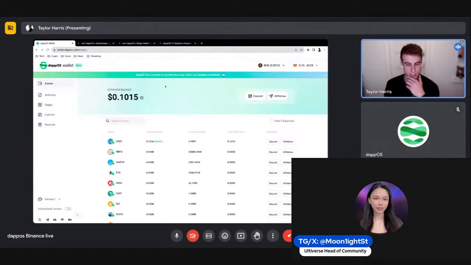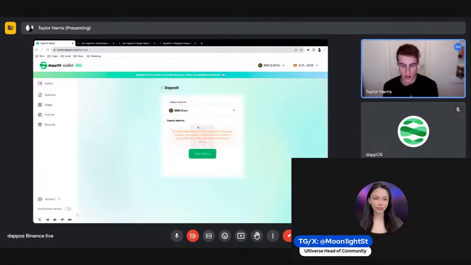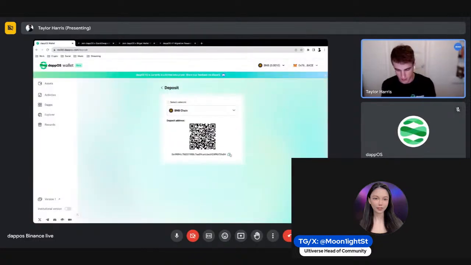The first thing we're going to want to do is hit this deposit button, and it gives you a little pop-up. Addresses may vary on each chain, so I'm going to start with BNB. I'm going to view my address, connect. And the one thing I have to do now is put funds into my wallet, so I'm going to have to transfer those funds. This is where I will bring up my MetaMask.